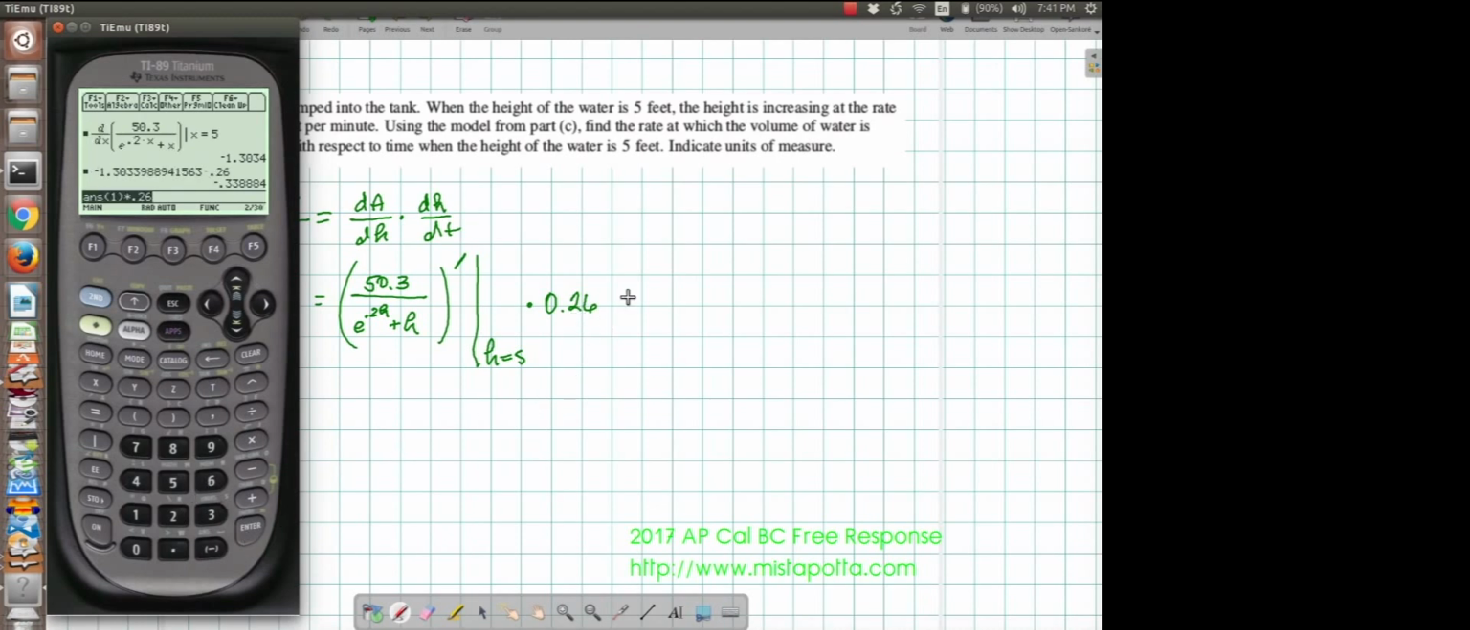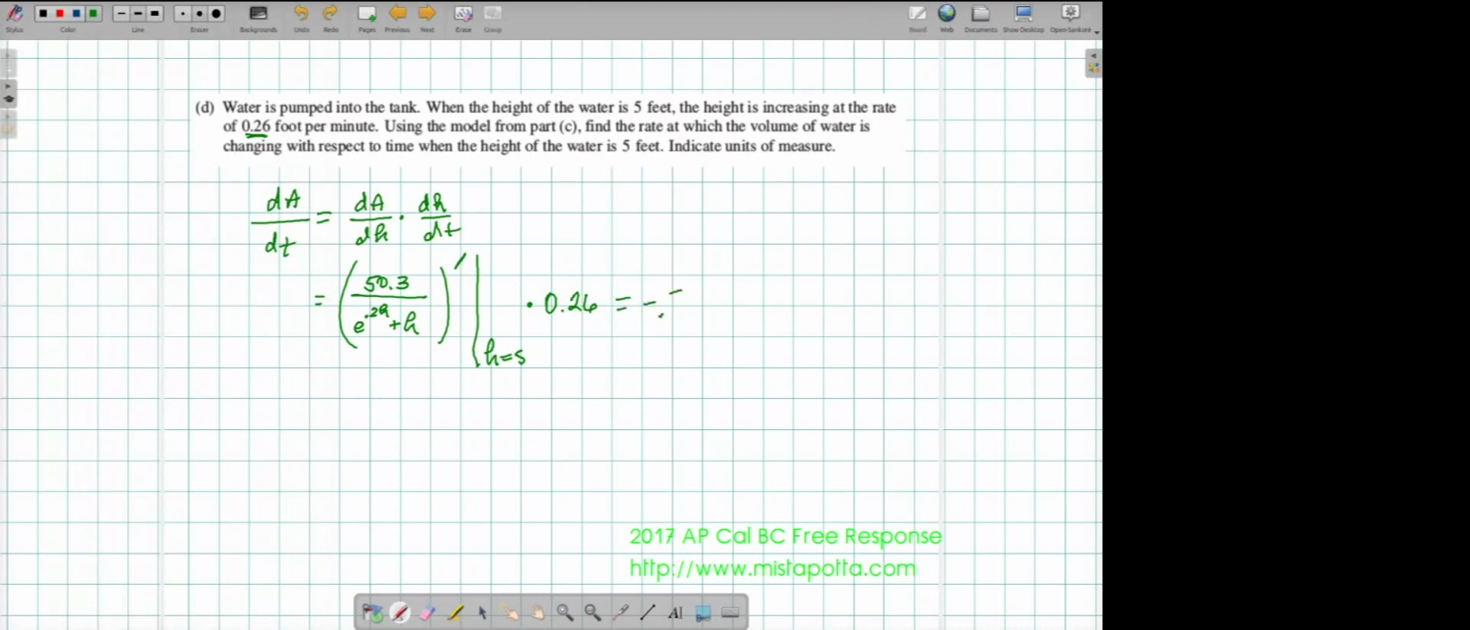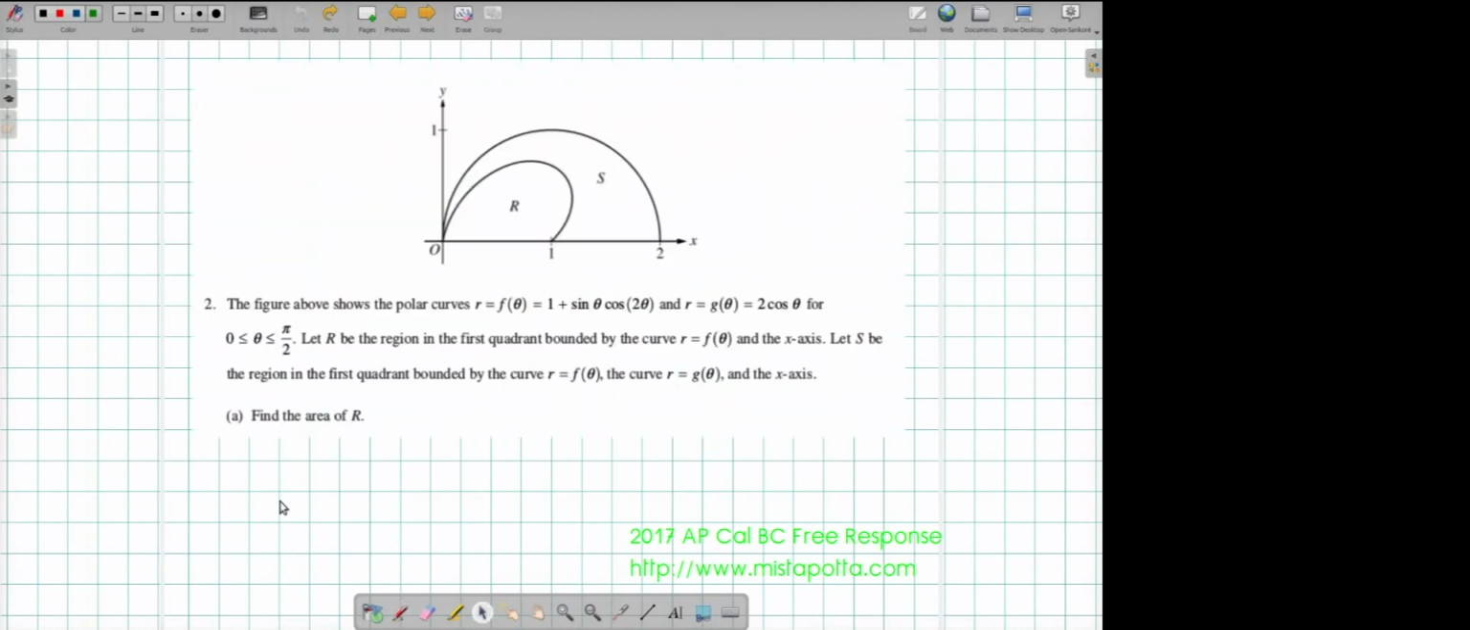And so I end up getting negative 0.338884. So negative 0.339. And again, they're asking us for our units of measure. Keep in mind that this is a change in area with respect to time. So this is going to be square feet per minute. So that's question 1. All right, moving on to question 2, it says, the figure above shows the polar curves